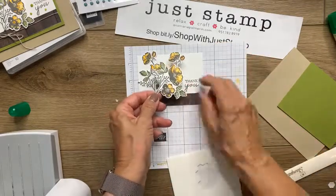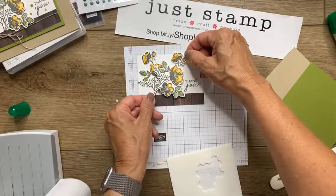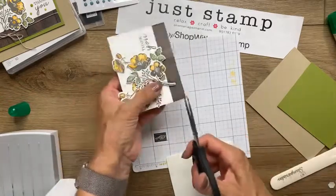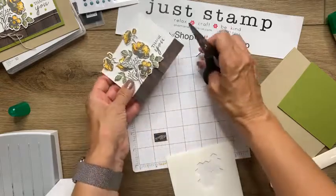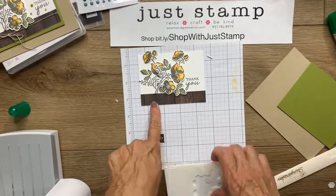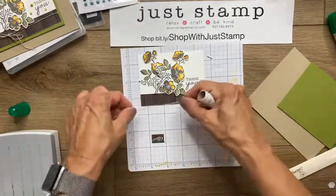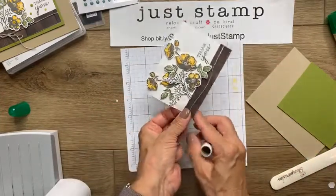And I don't want to obstruct my sentiment here, so I'm just going to be mindful of where I place this, right, like so. And I don't want this hanging over here onto the wood grain, so I'm going to snip that. So, before I add it to my Old Olive layer, I'm going to add a little bit of twine to that. I love the natural twine, so I'm just going to bring this in, and let's see, I'm not going to cut yet. Let's see if I can wrap it